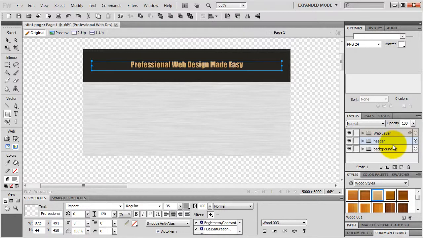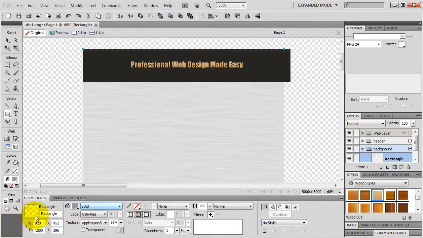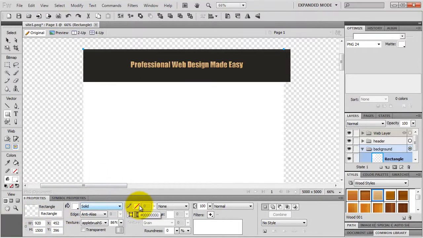And now I select my background rectangle, and I resize it to, let's say, 920 pixels wide and 1500 pixels high. Color fill will be white, no stroke, and I get rid of the texture as well. Okay, and I'm going to add a live filter, so you can't see it. Shadow and glow,